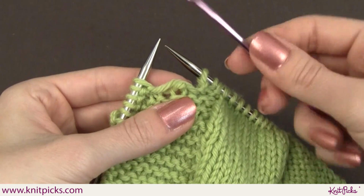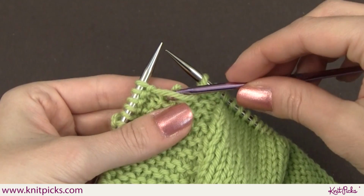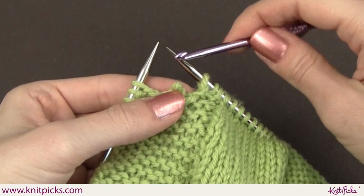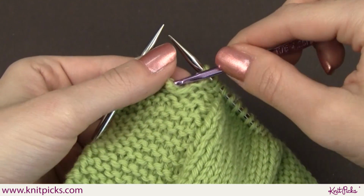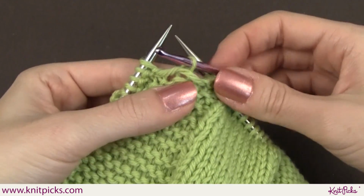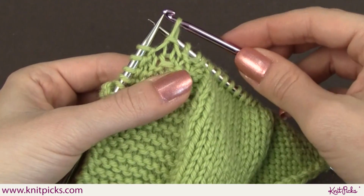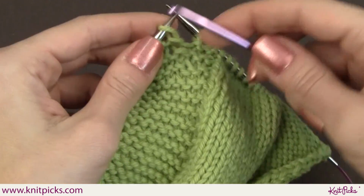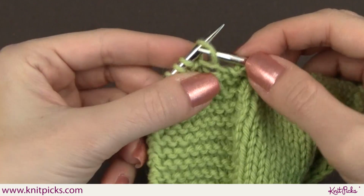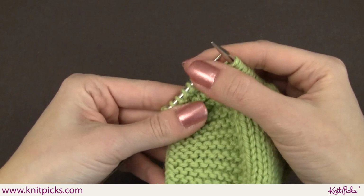purl side. So I'm going to remove my hook, move that last little loop here in front of my dropped stitch, and then I'm going to take my crochet hook once again and put it through the loop coming towards me or from the back to the front, and then I'm going to grab the last loop and pull it away from me through the stitch. And then you place your stitch back on your needle in the same way where the right leg is in front, the left leg is in back, and your stitch will be mounted correctly to continue working across your row